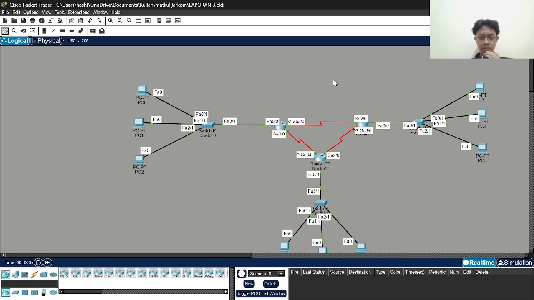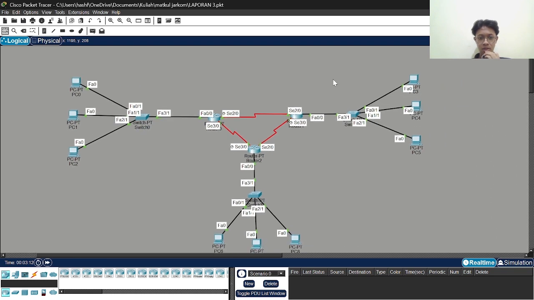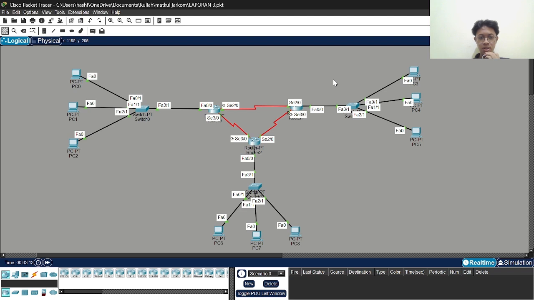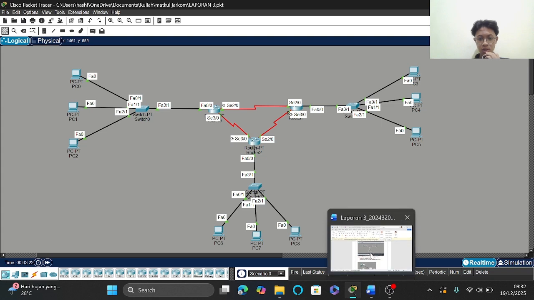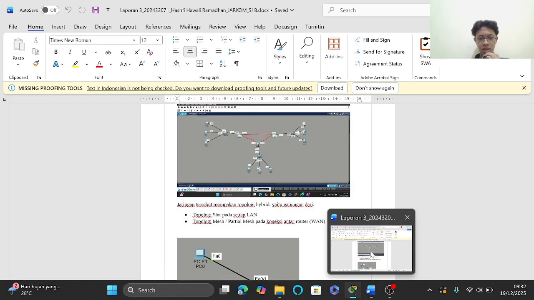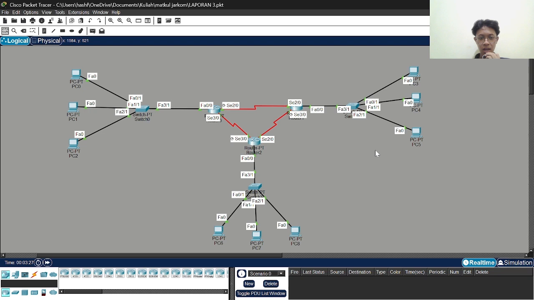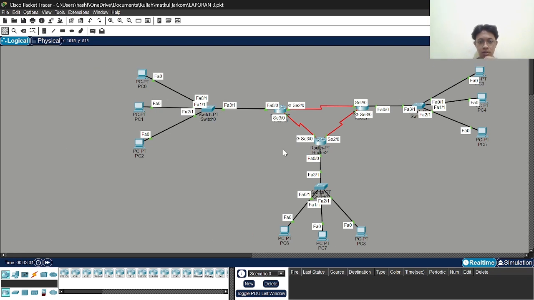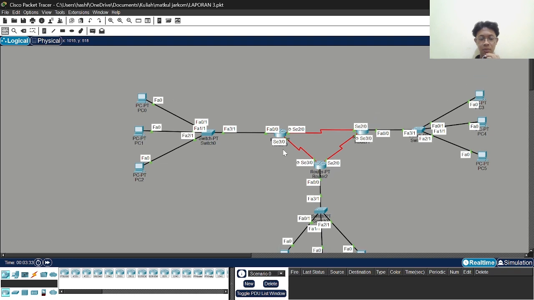Here I want to explain about practicum 3. First, I want to explain about this topology. This topology is a hybrid topology, a star topology and a mesh or partial mesh topology. And first, we have to add the IP address, subnet mask, and default gateway for